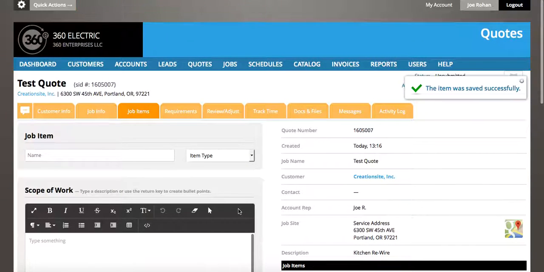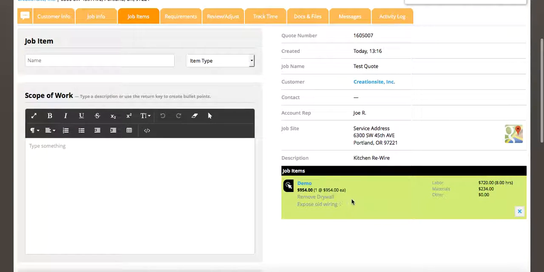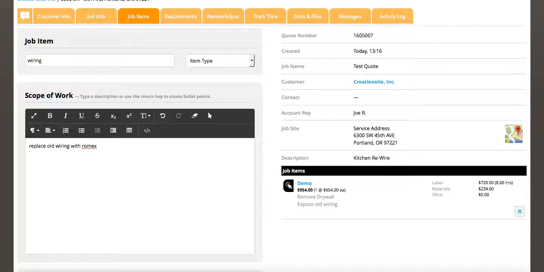So let's save our job item after I've created it. Notice that it appears over here on the right. I'm going to keep going now. I'm going to call this wiring, and I will say replace old wiring with Romex, and I'm going to say drop outlets per drawing. On a quick side note,